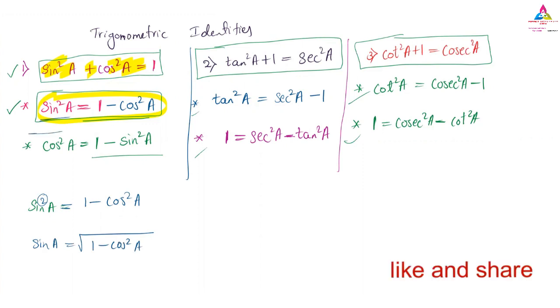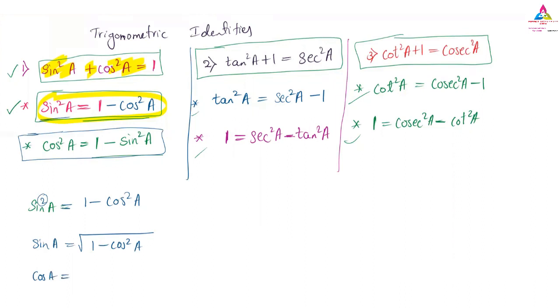Similarly, if you want that cos square A value, and if tomorrow I ask how to write the cos A value in terms of sine? See, this is the sine in terms of cos. Remember it, the sine value in terms of cos. Now you have to write cos in terms of sine. So how can you write cos in terms of sine? Same thing, this formula will apply.